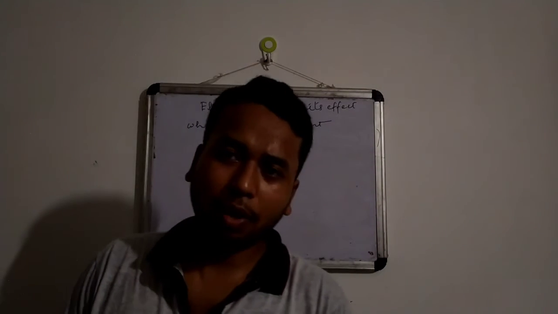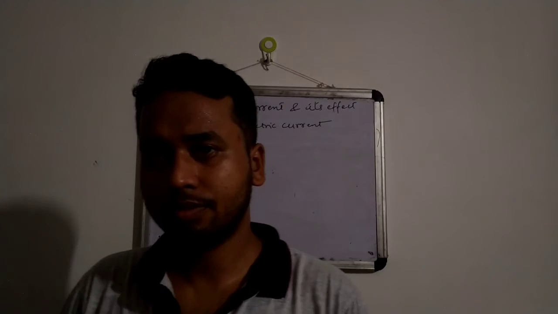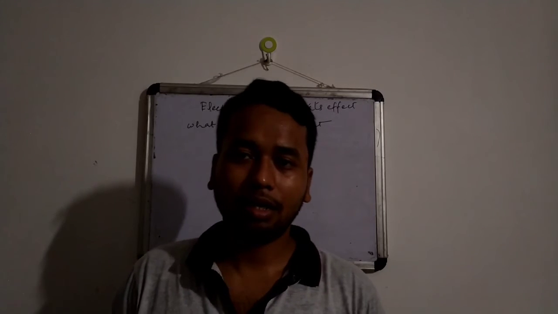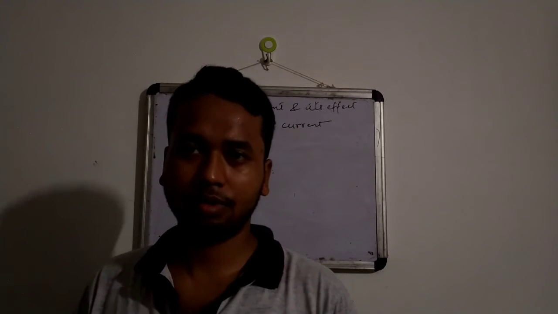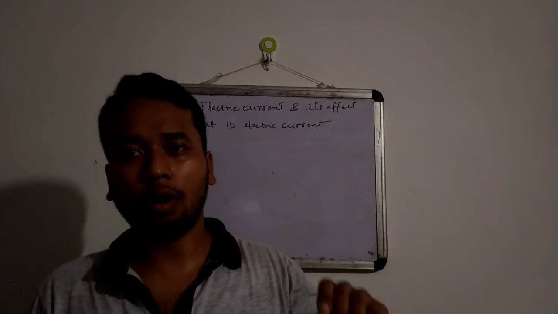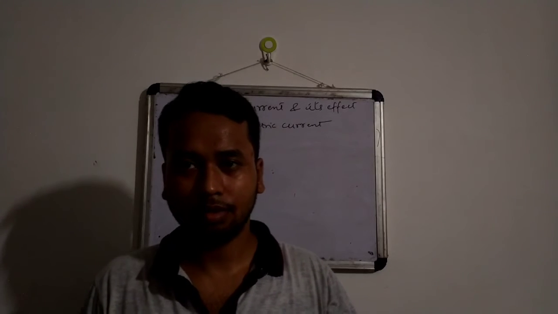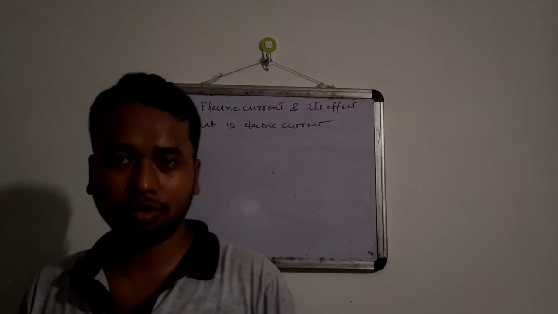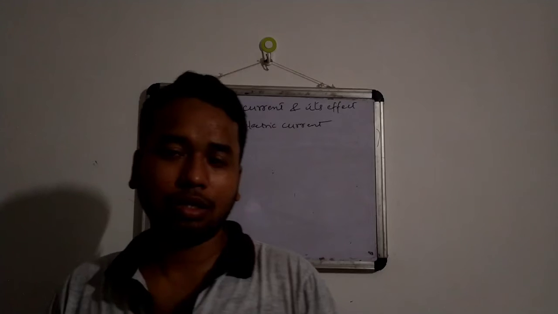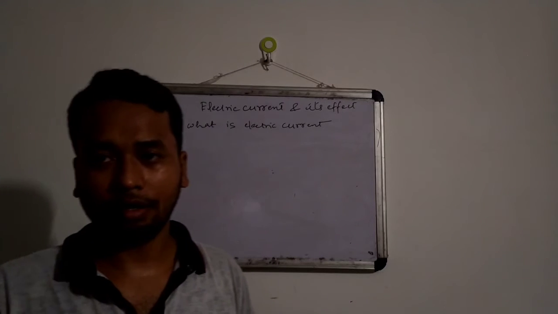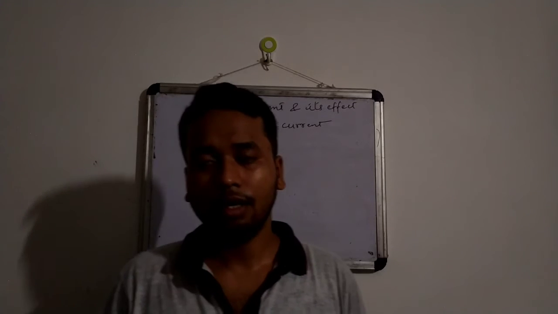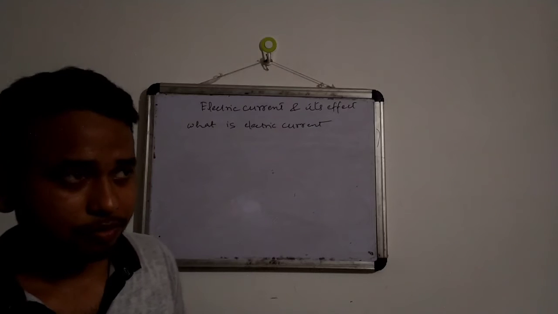Let's explain this with an example. When you switch on the switch in your home, the bulb glows. Why? As soon as we switch on, the bulb glows instantly. Why does the bulb glow? The bulb is connected to the switch with a wire, which is basically a copper wire. This wire is made up of copper.